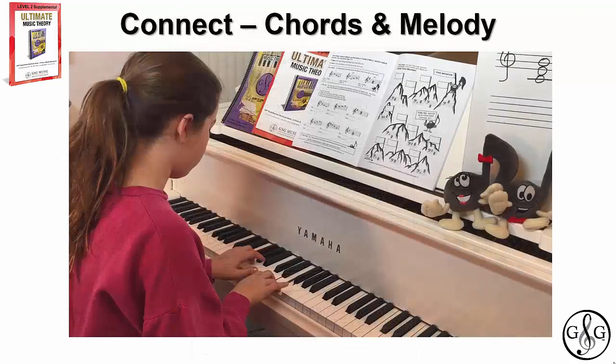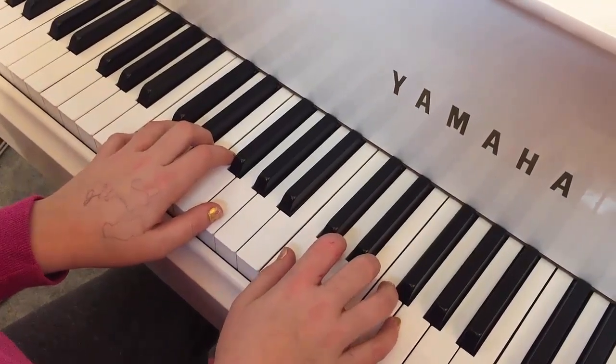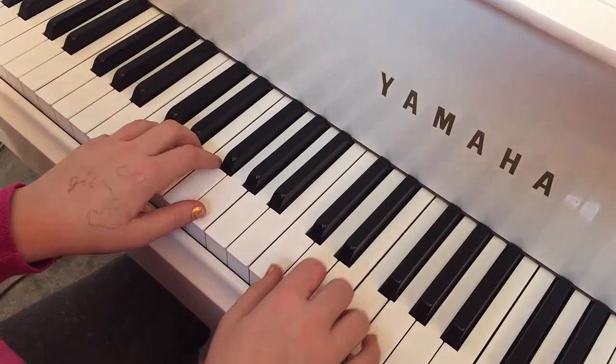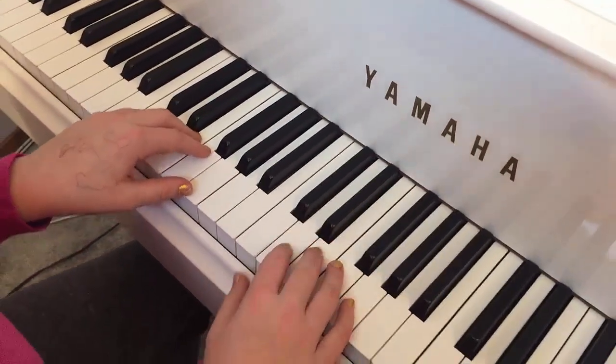Now when we understand phrases, you want to connect chords and melody. Listen as Jillian connects these two concepts, just using her imagination and the two concepts that she has just learned. So we're just going to use C major, D minor, F major, and G major, and just kind of ad lib a little with your right hand.